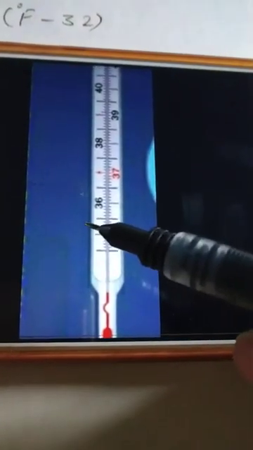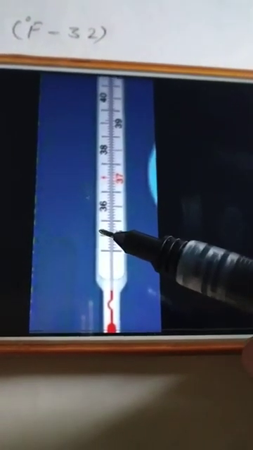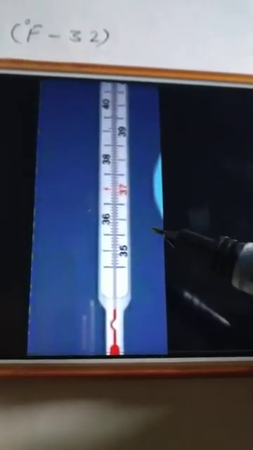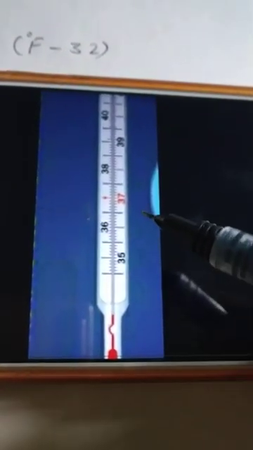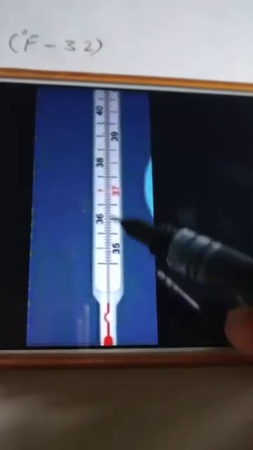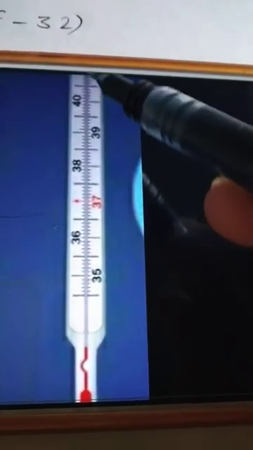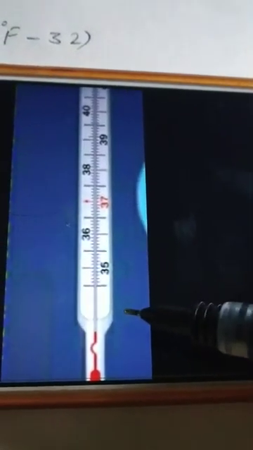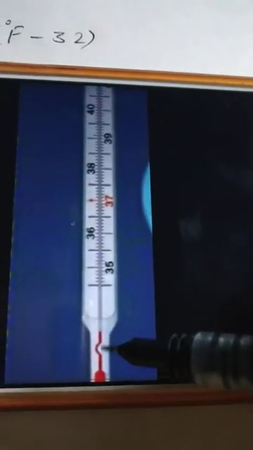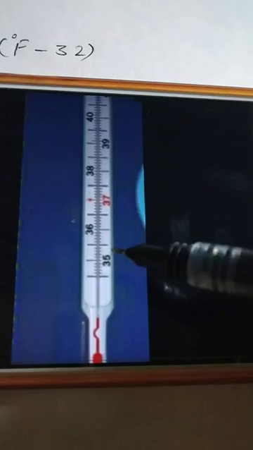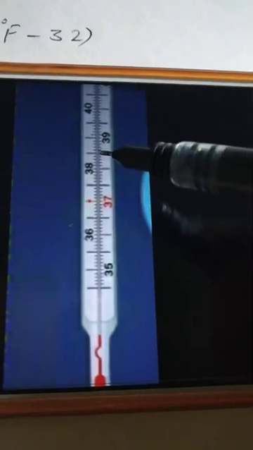How does this thermometer work? When the thermometer comes in contact with a hot body, the mercury in the thermometer expands and moves up in the capillary. This is the internal part, there is one more thin pipe inside it, that is called the capillary. Mercury starts moving up in this capillary tube. This red liquid is mercury. And by reading the marking on the scale, you can see the marking here, we can know the temperature of the body.